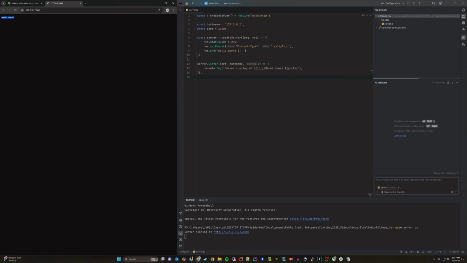Let's review the code, which is running the createServer function and responding with only the text Hello World via a